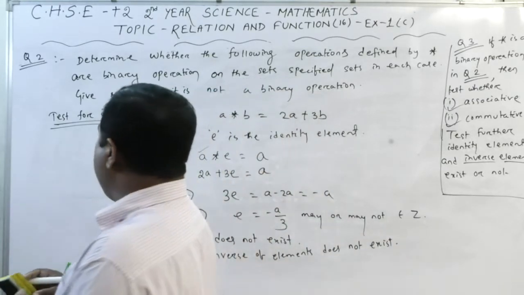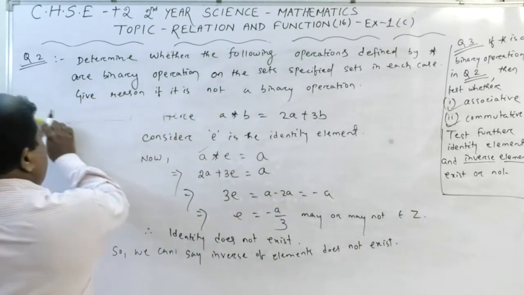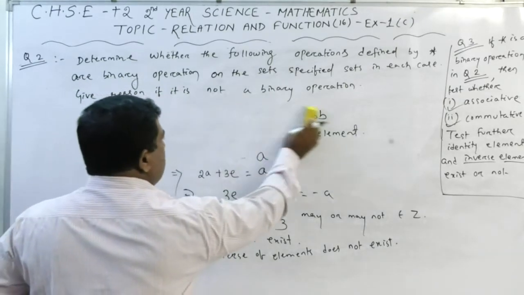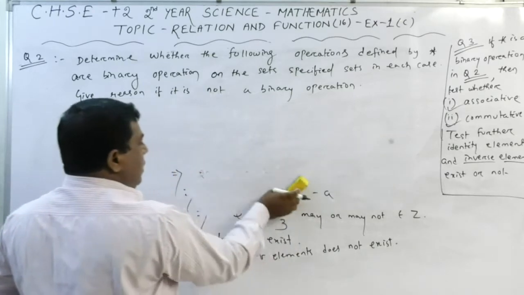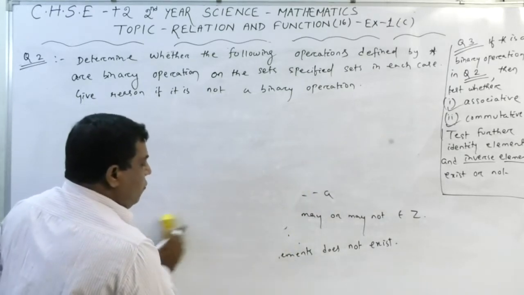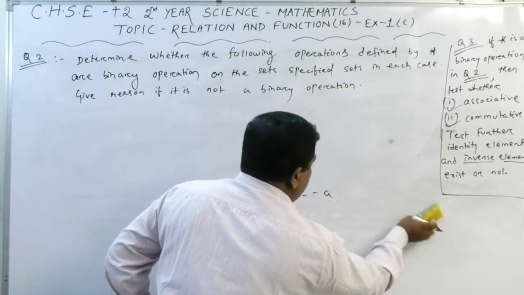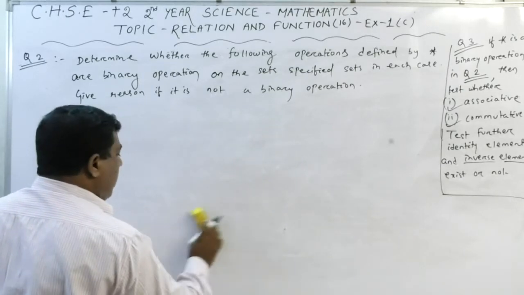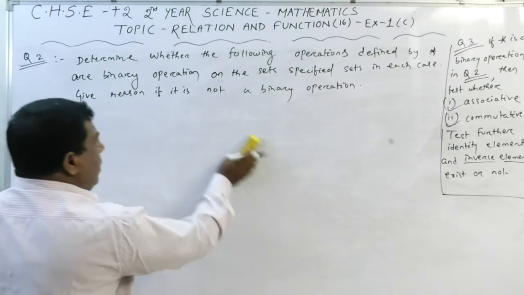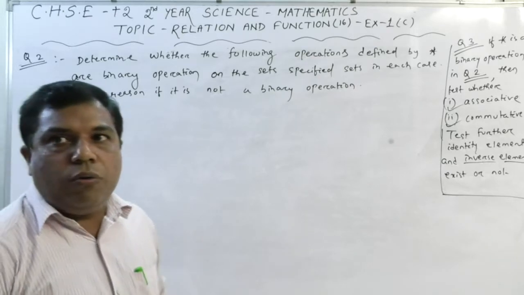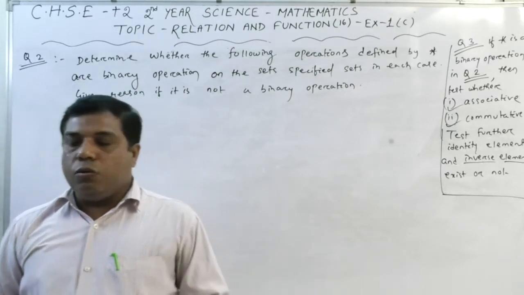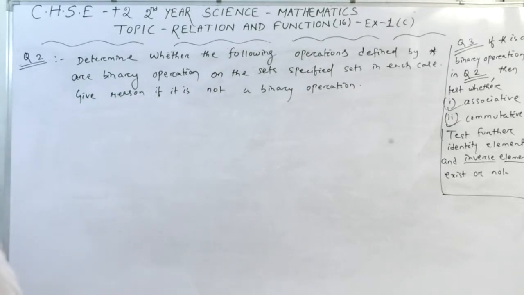And we will go for another question and see the way of approaching to solve this type of questions. So let us move to another question. We will solve question 2 and question number 3 simultaneously for vast knowledge about all the types of properties of binary operation, my dear students. So now we will move to another question.